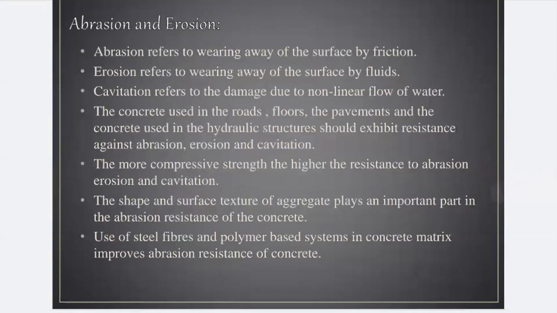Now, abrasion and erosion. What is meant by abrasion? Continuous wear and tear on a portion of the surface is nothing but abrasion. Abrasion generally happens in road pavement structures. If vehicles continuously pass over a bridge or road, they continuously wear and tear the surface of your concrete. This should not happen, because it directly damages and deteriorates your structure, or erosion can take place from the surface of your pavement.